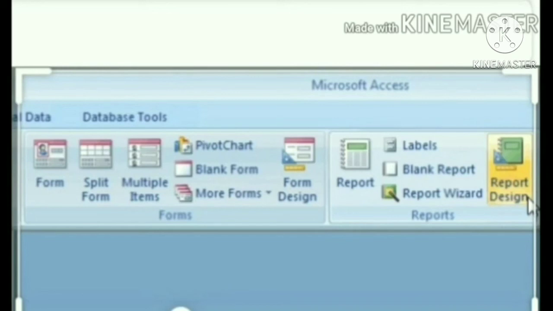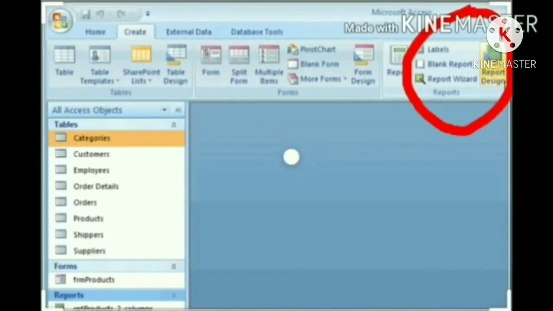Fourth, in the Format tab, you may choose a particular field's name or select all fields and change the text formatting of the fields. You may also set a background image for the report. Fifth, in the Page Setup tab, we may see various commands.